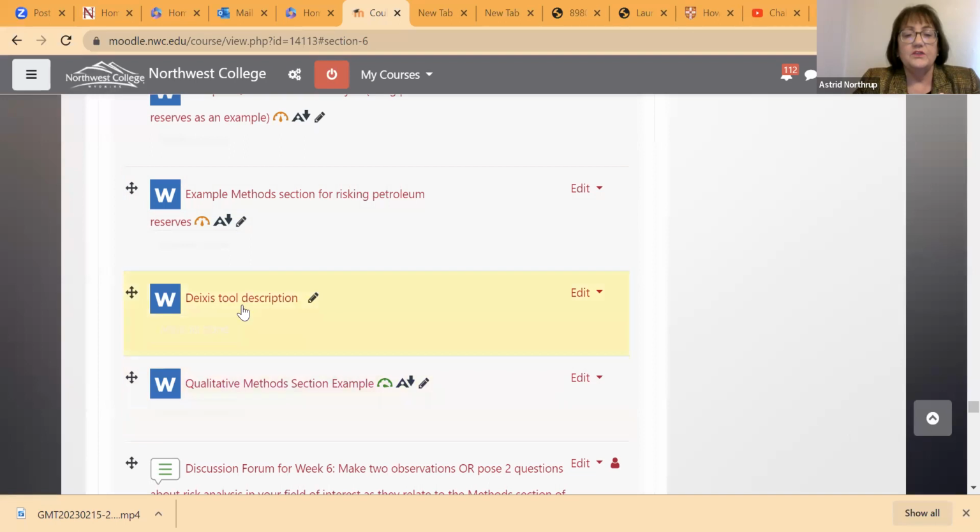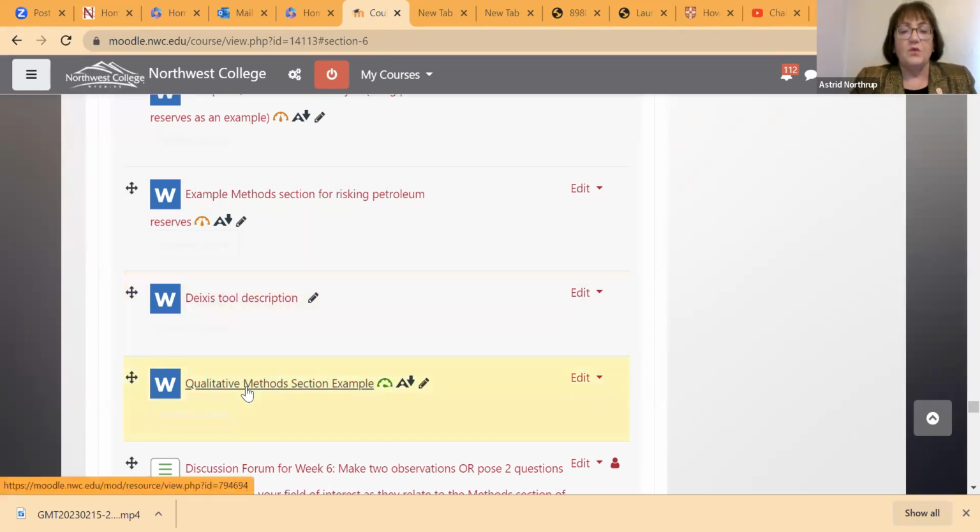Now, the two documents I'm going to talk about here are the Deixis Tool description and a qualitative methods section example. Now, I want to be really quick to point out these are not using a risk analysis. These are using something called discourse analysis. Discourse analysis is when you have people talking to each other and analyzing what their language means in terms of that conversation. So, for example,